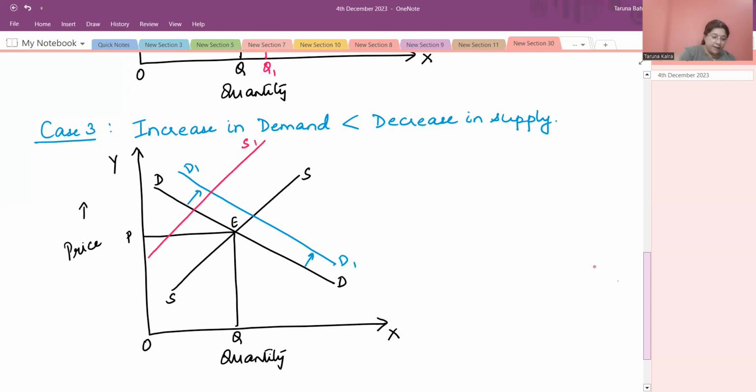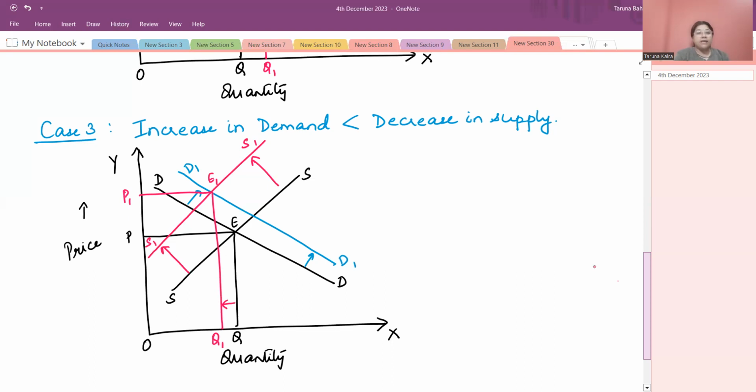Fine. So the supply curve is going to shift leftward to S1, S1. Now you see, the decrease in supply is greater than the increase in demand. And your new demand curve and supply curve are going to intersect at point E1. This is your new point of equilibrium. And what is happening here? The price is increasing. OP1 is the price, and the quantity demanded and supplied is decreasing to